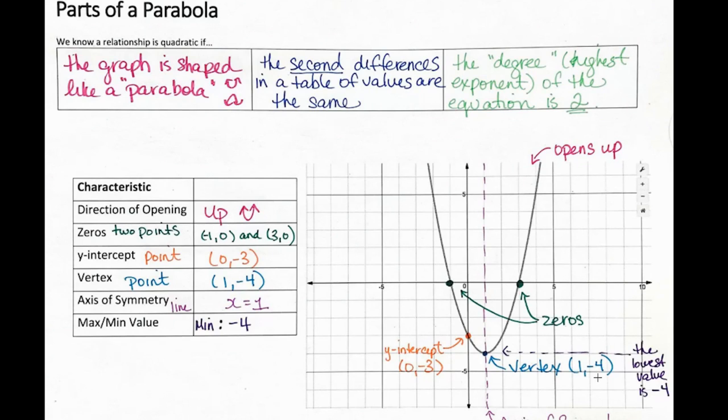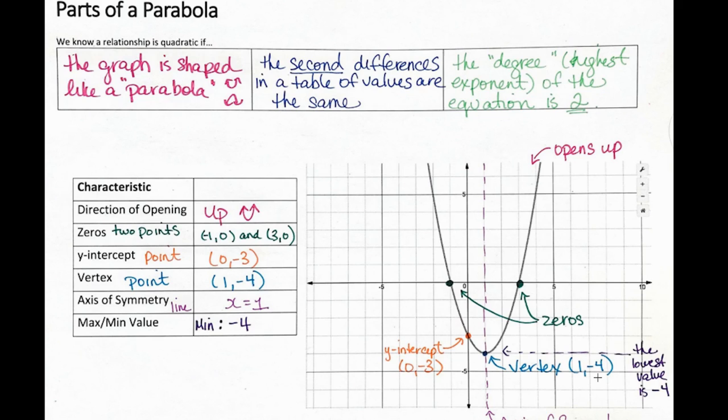them to linear relationships. So in grade 9, we focus a lot on linear relationships, and we've also talked about linear relationships in this course as well. So a linear relationship is a line. It has a degree of 1. So if you look at the equation y equals mx plus b, it has an exponent of 1. And we know that something is linear if we look at a table of values and the first differences are